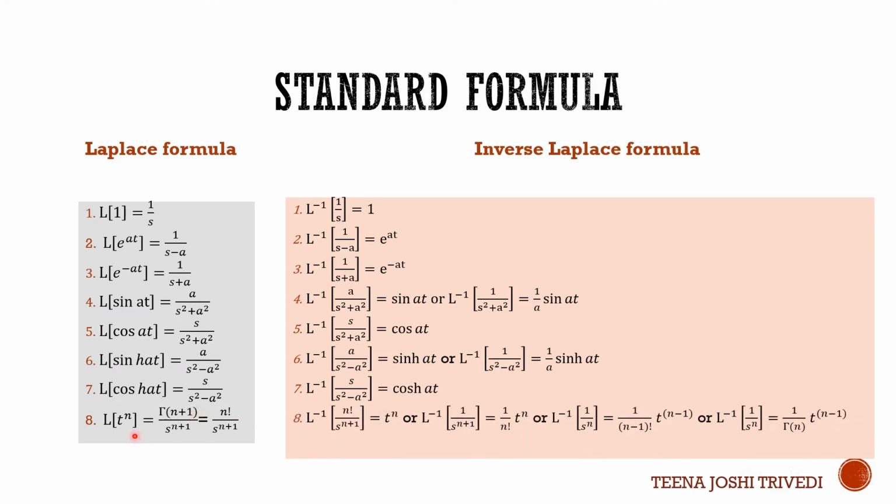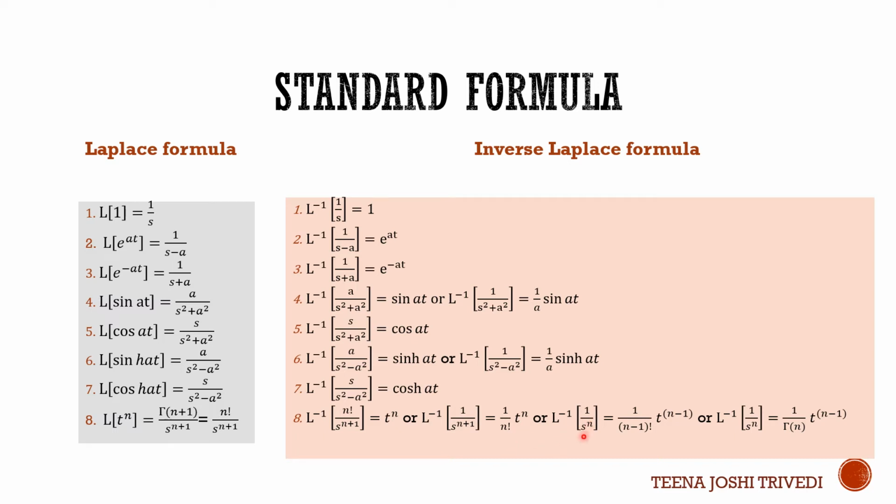And similarly, in t raised to power n case, Laplace transformation of t raised to power n will become n factorial divided by s raised to power n plus 1. You can see so many formulas are there. Just to remember the formula, Laplace inverse of the basic term, that is n factorial divided by s raised to power n plus 1, is equal to t raised to power n. If it is given Laplace inverse of 1 upon s raised to power n plus 1, it will be t raised to power n divided by factorial n.